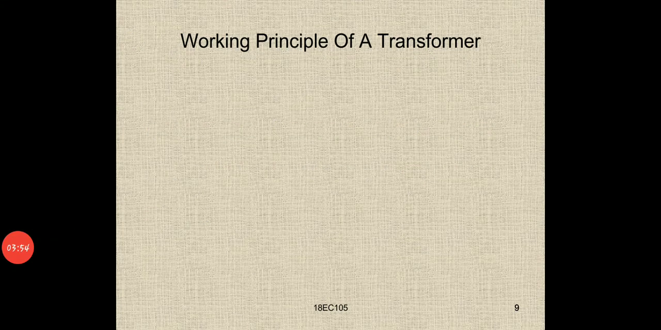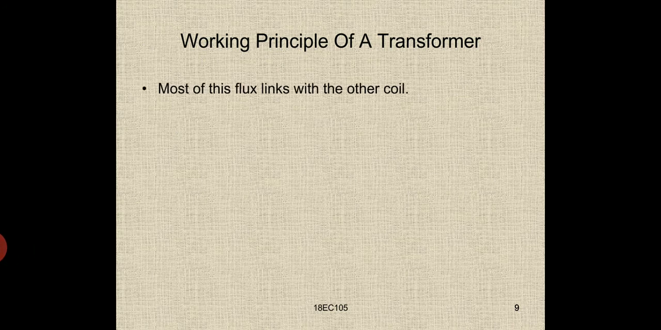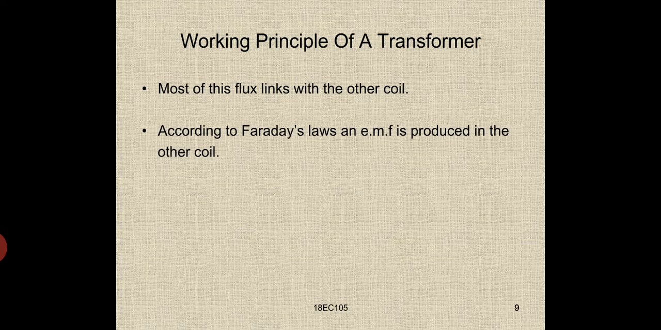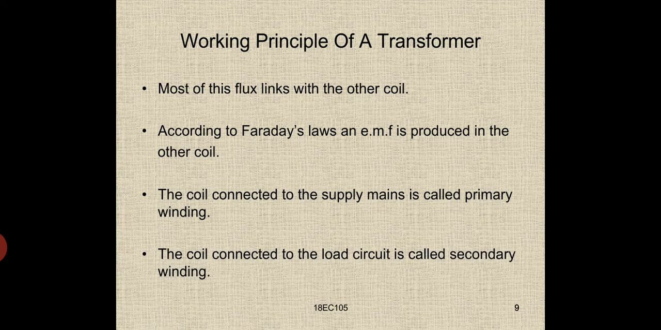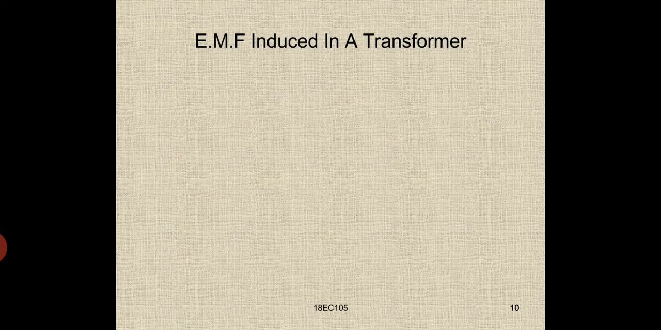So let us see further. Now let us see the working principle of transformer. Most of this flux links with the other coil through the magnetic circuit. According to Faraday's laws, an EMF is produced in the other coil. The coil connected to the supply mains is called the primary winding. The coil connected to the load circuit is called the secondary winding. The EMF induced in a transformer